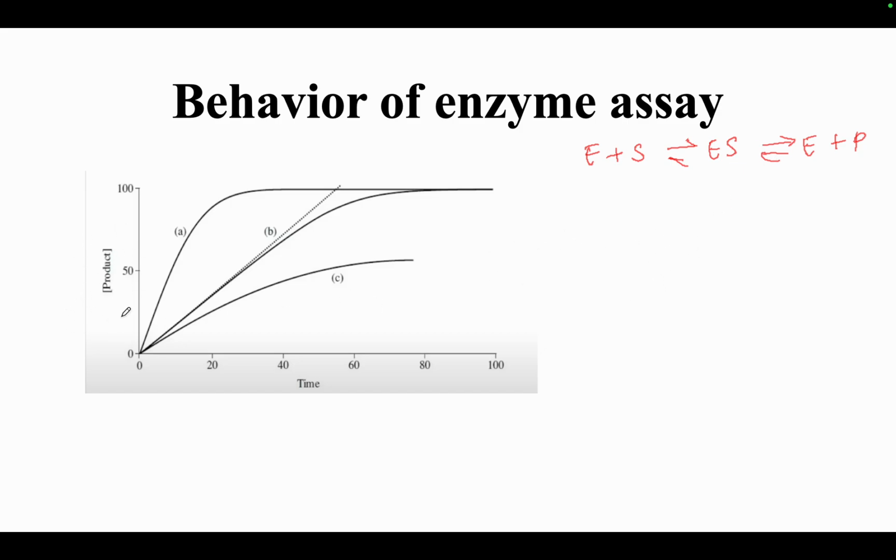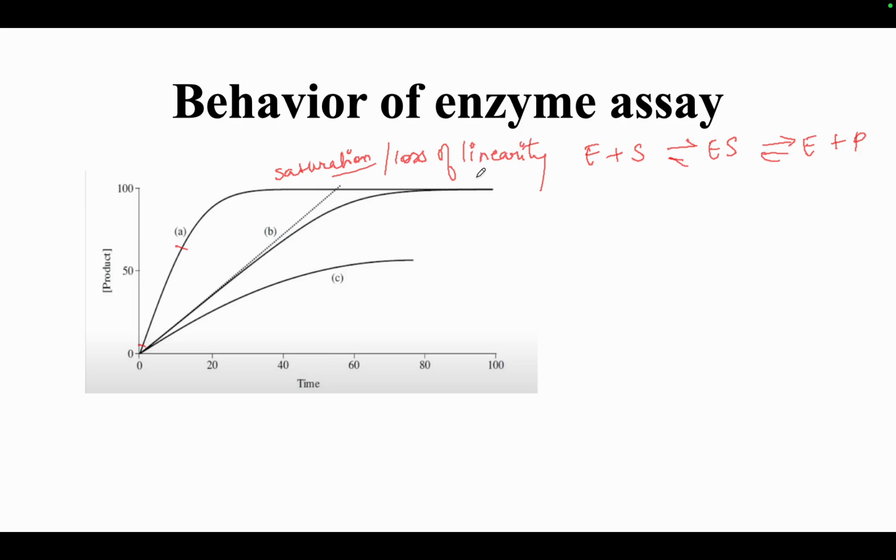So we have product formation on the y-axis, and as you can see, as time proceeds, we have a logarithmic phase here, and after a certain time, like after 20 or so, there is no sharp increase in the product formation; there is a saturation. This saturation or loss of linearity